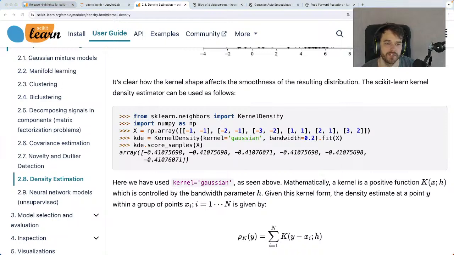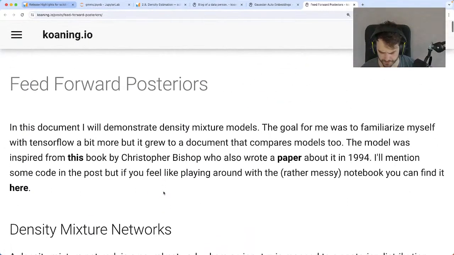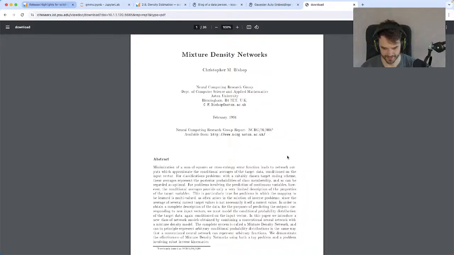Could you please introduce a couple of reference papers for that neural network? Oh God, I think if you go to my blog post, there are links. There's a really, really old book from Bishop that talks about it. The same author wrote a paper in 1994 that discusses this.